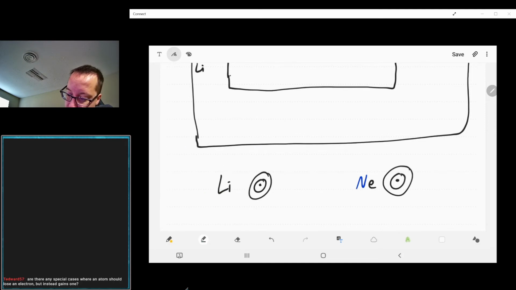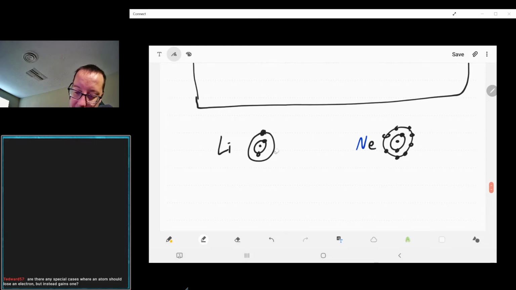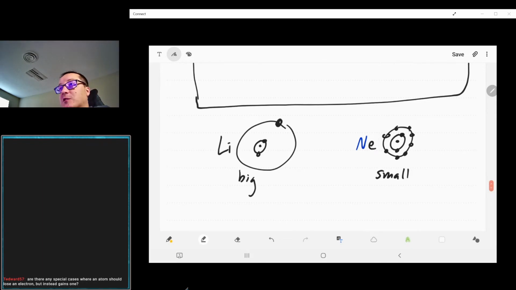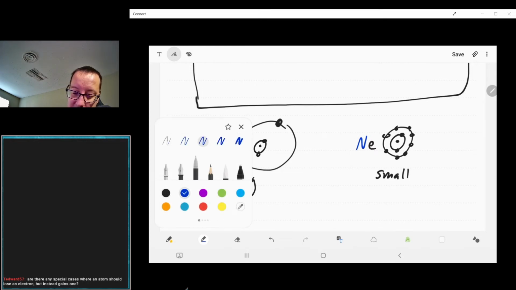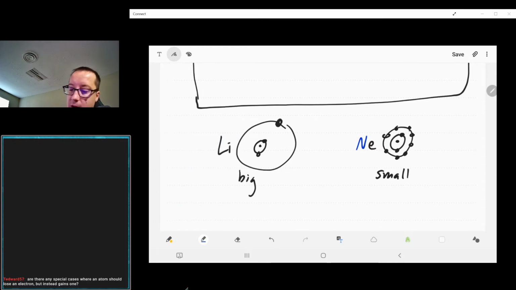Oh, just one electron out there. And I'm going to exaggerate this a little bit. Remember, neon is going to be much smaller than lithium is because neon has a much more positive nucleus than lithium. We know that lithium tends to form positive ions. And if we think about it, if something is going to come along and grab an electron off one of these guys,